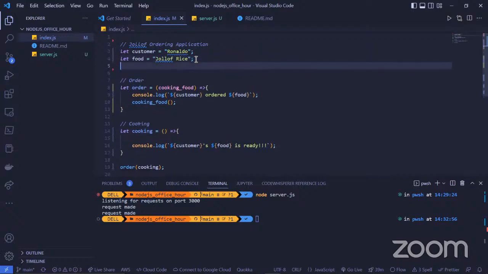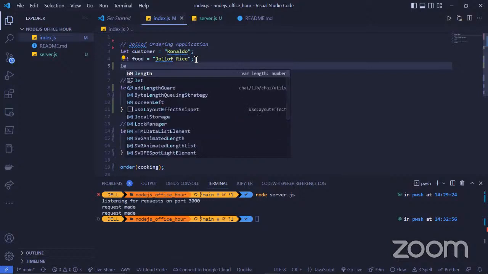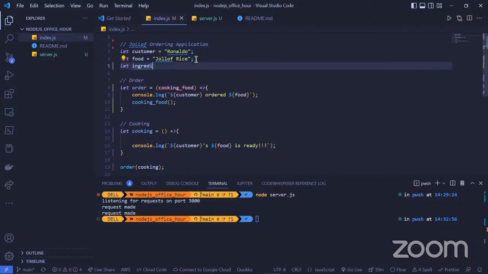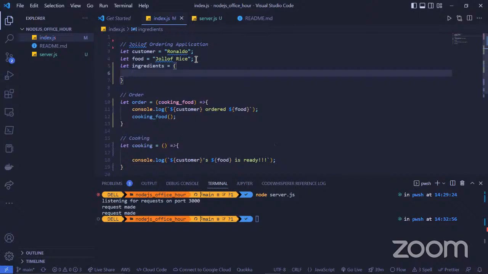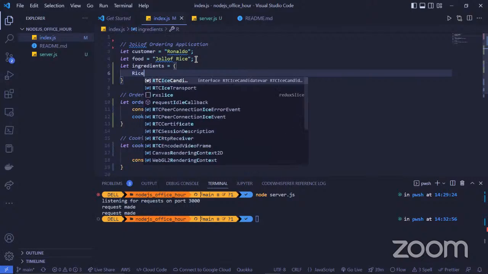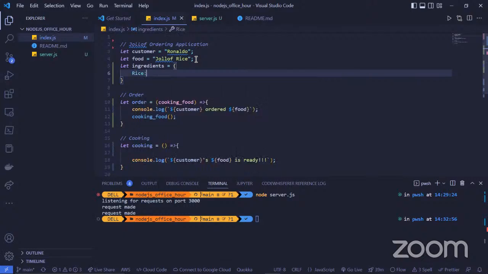So we have ingredients, and we'll make this an object containing arrays. So we have different ingredients, and despite the many ingredients that we have, I'll just write like 2 or 3. I want to complete it later just because of time.